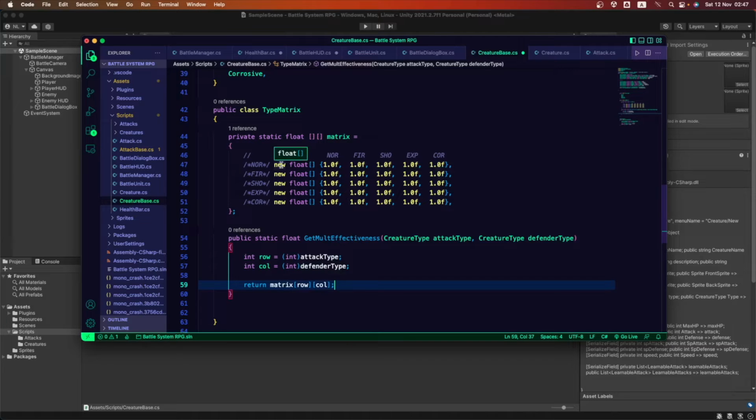So let's decide. A normal type of creature is gonna be doing 1 point. This is just a value that we're gonna be using inside another math formula. These aren't health points or whatever. This is just one value that we're gonna be using in another math formula inside the creature method.